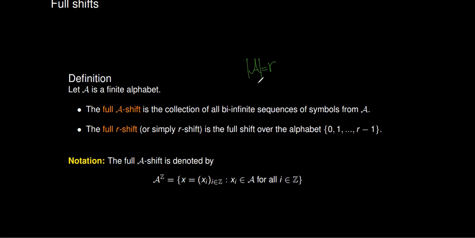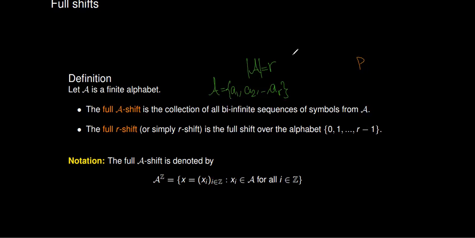So if the cardinality of your alphabet A is, for example, A1 to AR, just like other symbols, not numbers, then you have a bijection corresponding between full